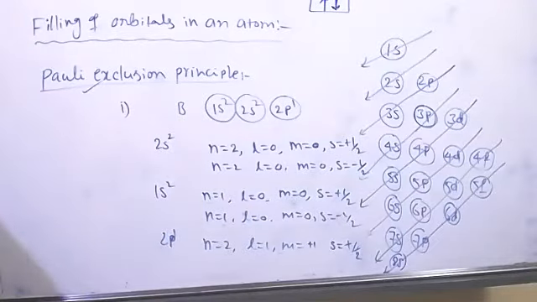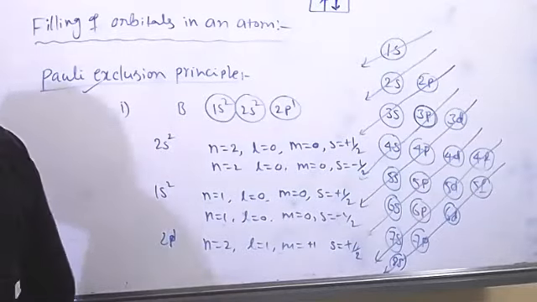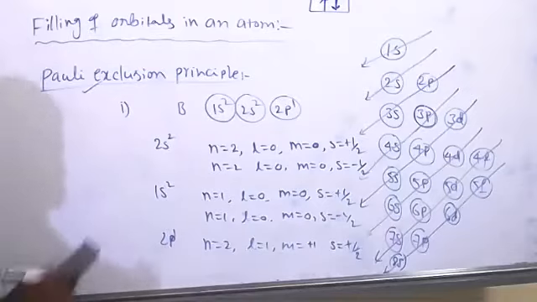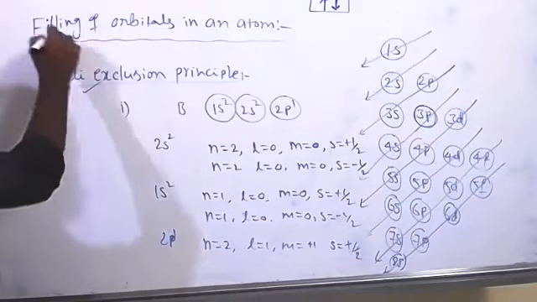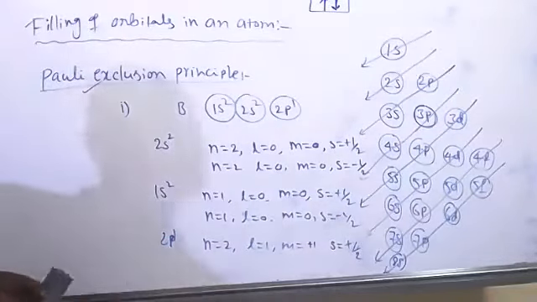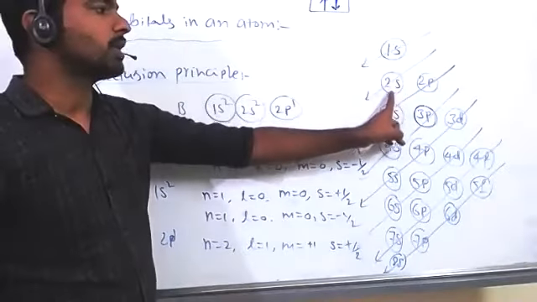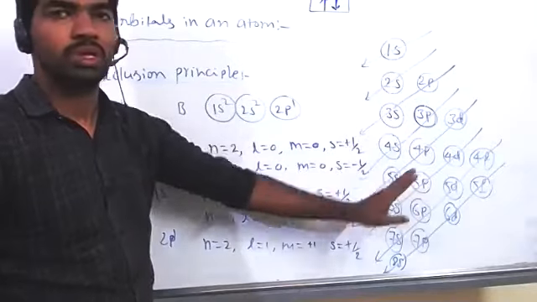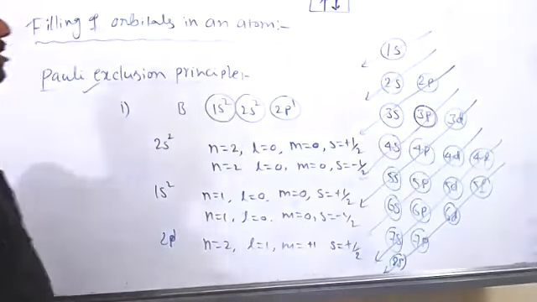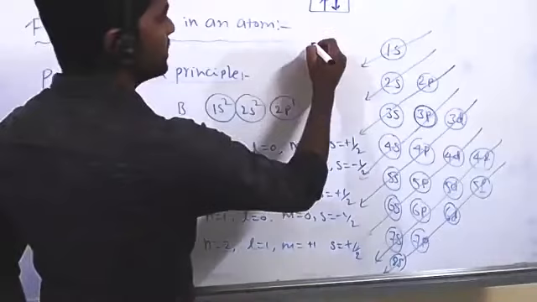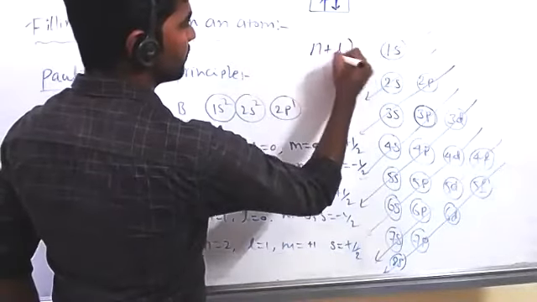We know half-filled orbitals and completely filled orbitals are more stable. That also has a reason. These are my 3 points. For filling of orbitals in an atom we have only 3 principles. First one is Aufbau principle. According to Aufbau principle, low energy orbitals are filled first. Then electrons go into higher energy orbitals. So the energy of an orbital formula is n plus l.